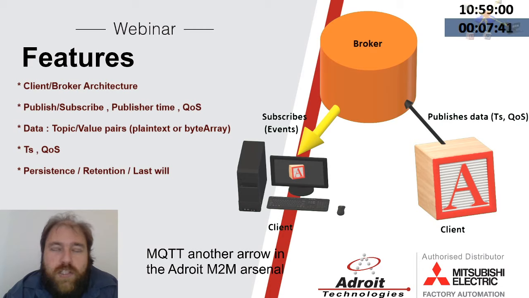I don't want to get confused with what I've got there on the next line, which is retention. Quality of service has got to do with the publishing of that data to the broker to make sure that the broker gets it. On the next line, we have persistence, retention, and last will. It's also another 3 topics of the MQTT domain that's interesting and can cause confusion.